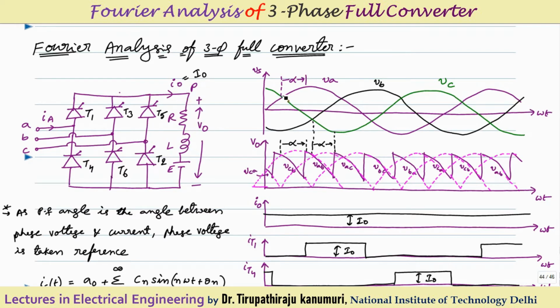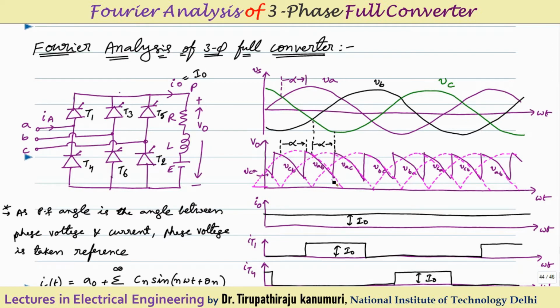So let us assume, at this instant you can see the thyristor connected to phase A in the positive group, that means thyristor T1, is forward biased. Let us assume I am not triggering my thyristor at alpha equal to 0; I am triggering after some angle alpha. That means after this much angle alpha, I have triggered thyristor T1. So when I trigger T1 at this instant, the thyristors connected to phase A as well as phase B will start conducting, so your output voltage will be VAB.